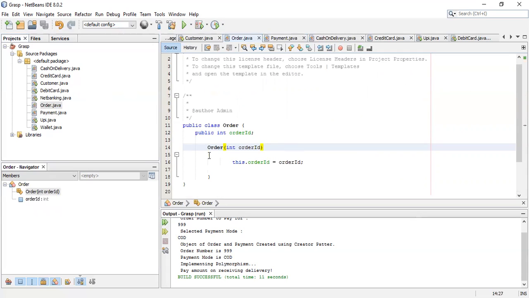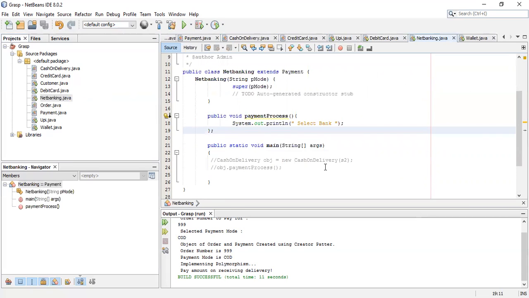Then we'll discuss the other classes. In Order.java, only the order ID is created. If we select NetBanking.java, a particular payment process related to net banking gets executed. So what is the expected payment process when net banking is selected? It should select a bank. So we come to know the payment process executed has the select bank